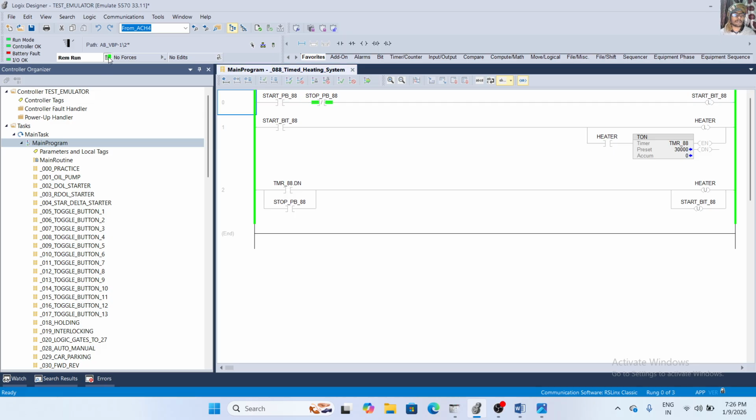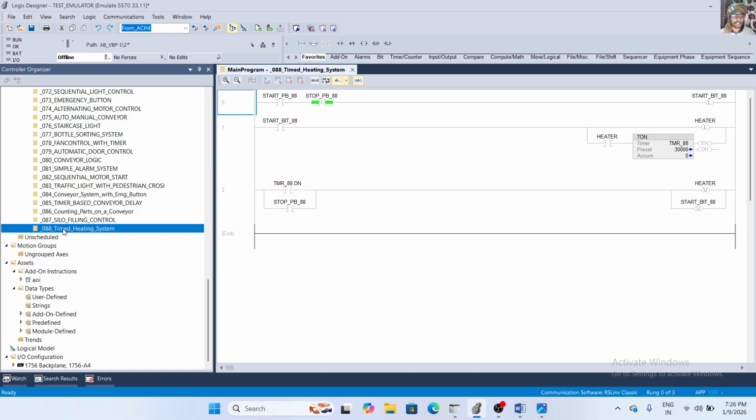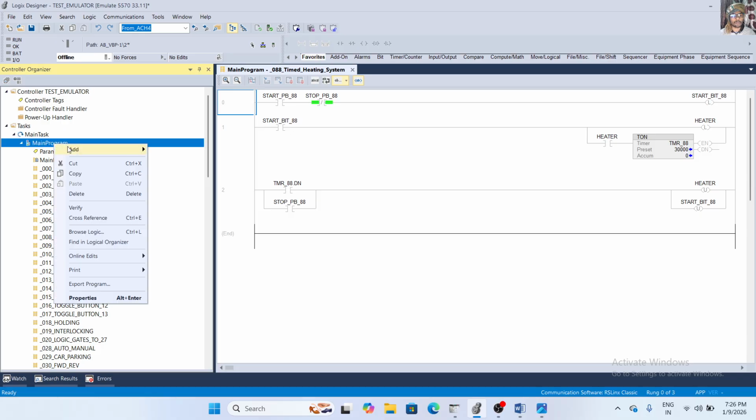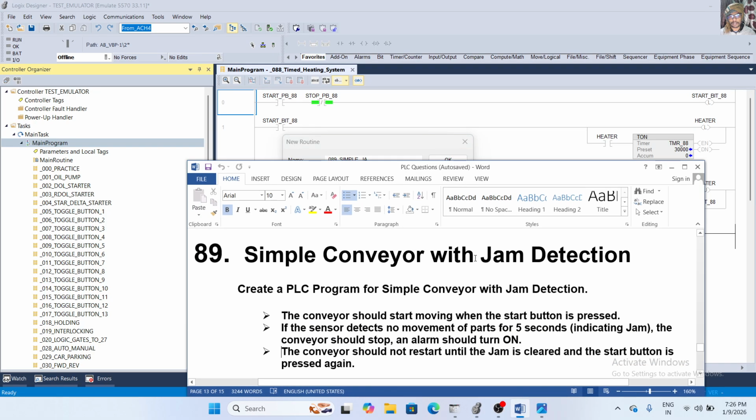Now I am going offline. The 88 logic I discussed on the previous day, and now I am going to create a new routine. The routine name is 089, and its name is simple conveyor with jam detection.